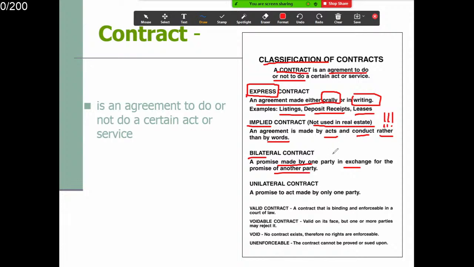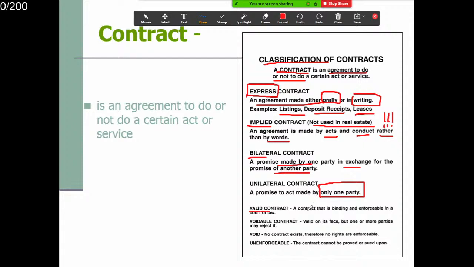Bilateral contract is a promise by one party in exchange for a promise of another, okay? It takes two to do things, okay? 两方的协议，OK？两方要做一件事，OK？Unilateral contract 是单方的，OK？A promise to act made by one party only. Okay, only one party has to perform. Okay, 只有一方要做事。